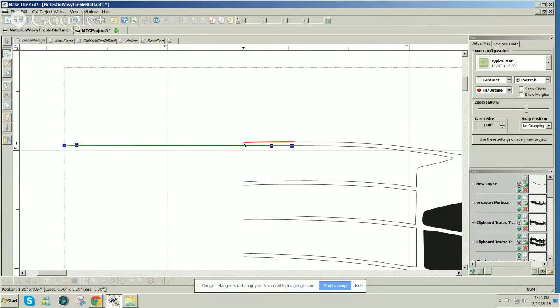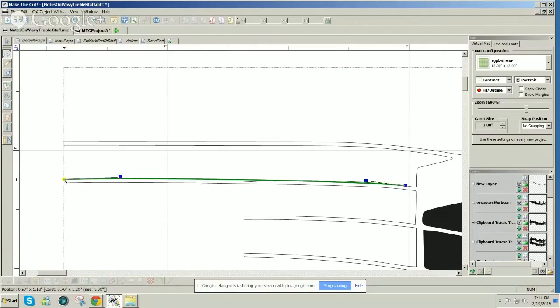So I can extend it nice and clean. Left click and drag. Same thing I could do here. Left click and drag it wherever I want it to be. Left click and drag. And you can adjust the endpoints where you want. I'm not going to do them all,